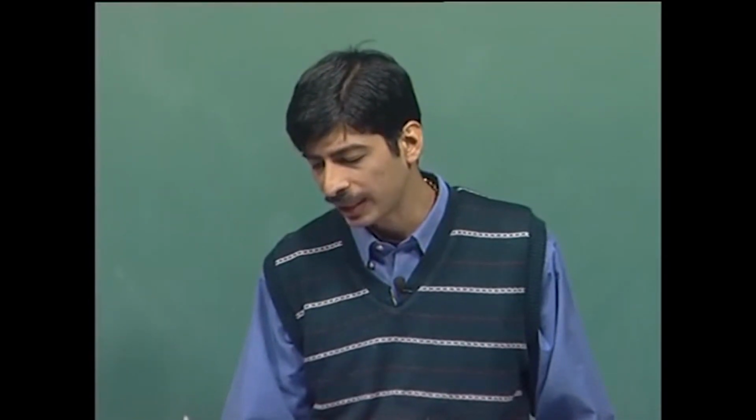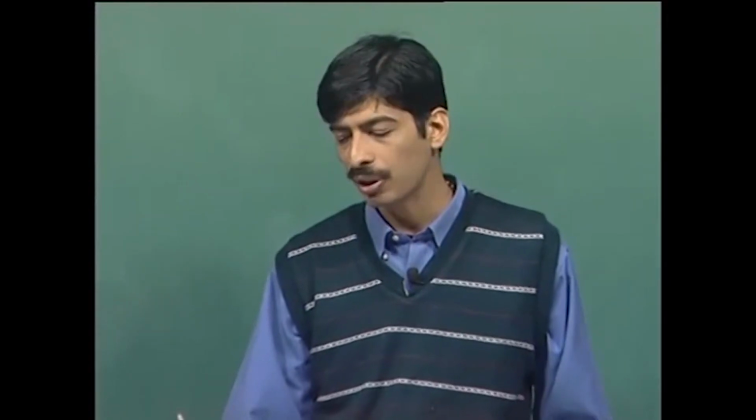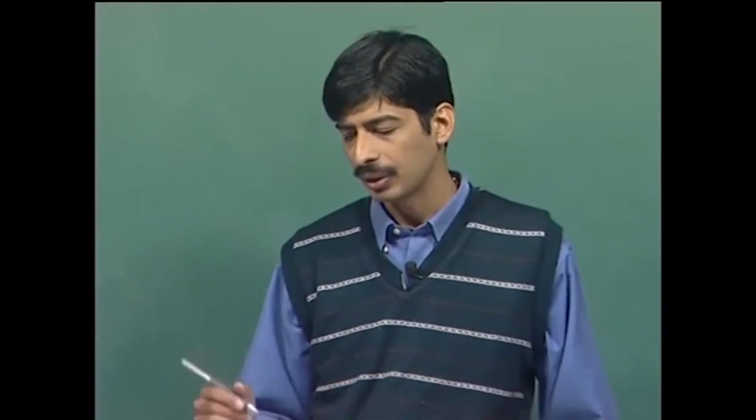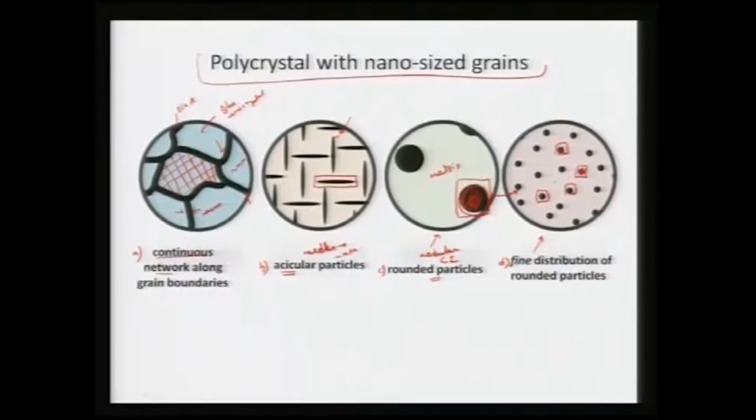We can also attain enhanced toughening, enhanced strengthening and enhanced ductility, just because we will find many more of these precipitates or particles which can hinder grain boundary movement, or provide an obstacle to the movement of certain slipping phenomena, and they can enhance the overall strength. The toughness can also be enhanced because of these smaller particles. So, we can see the polycrystal with a nano size grain can have a variety of properties depending on the distribution and size of the second phase particle, as well as on the content of the matrix. So, we can see that engineering at nanoscale